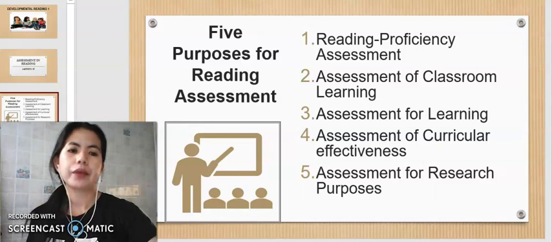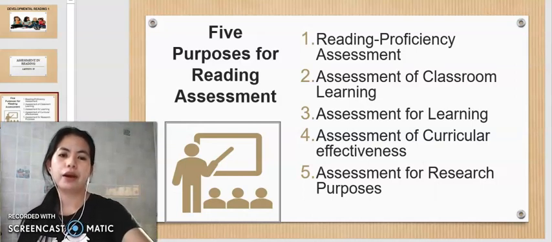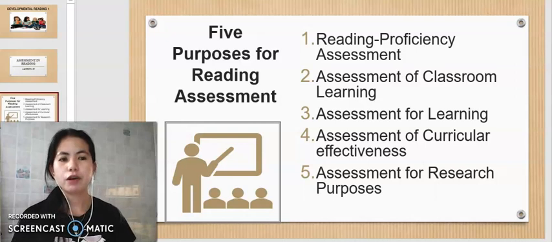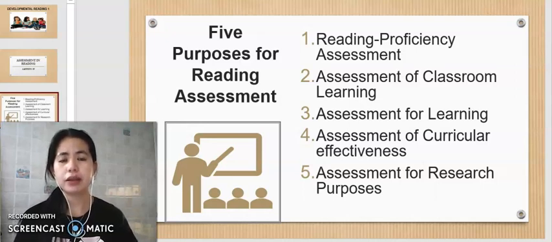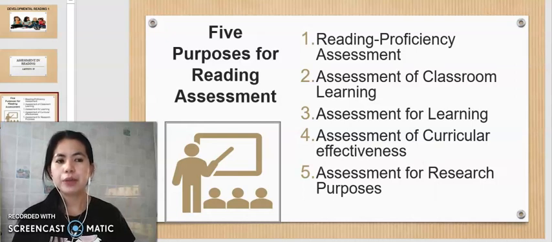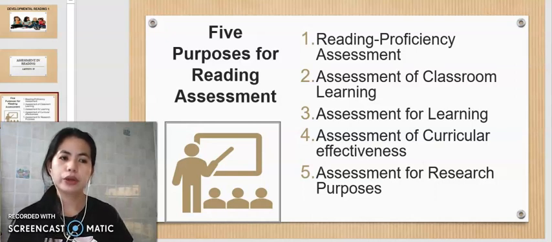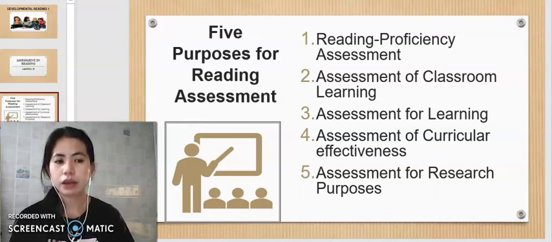For number 4, assessment of curricular effectiveness. Assessment of curricular effectiveness and program evaluation is not specific to reading, but it is relevant for the development and or review of reading curricula. Assessment outcomes that apply to curricular effectiveness include standardized testing, cumulative records over years that indicate gains or losses in students' outcomes, interviews with teachers, students,